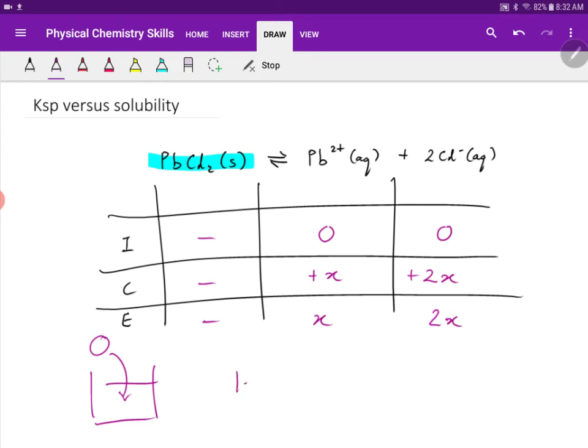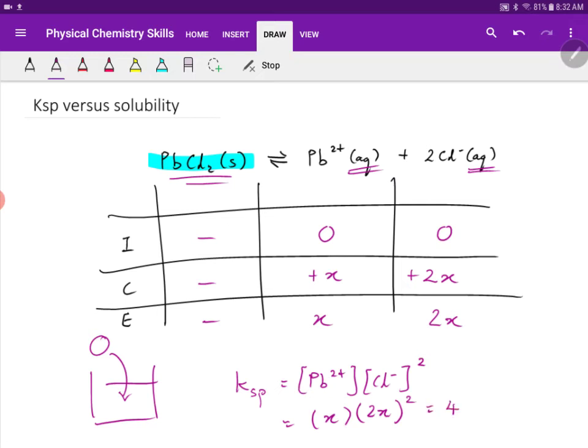And Ksp is basically [Pb2+] multiplied by [Cl-] squared. We do not include the PbCl2 because it's a heterogeneous equilibrium, so we just choose all the aqueous species together, and this will give us x times 2x squared, which gives us 4x cubed. So for a lot of students, this is what they can derive, but what they fail to understand is